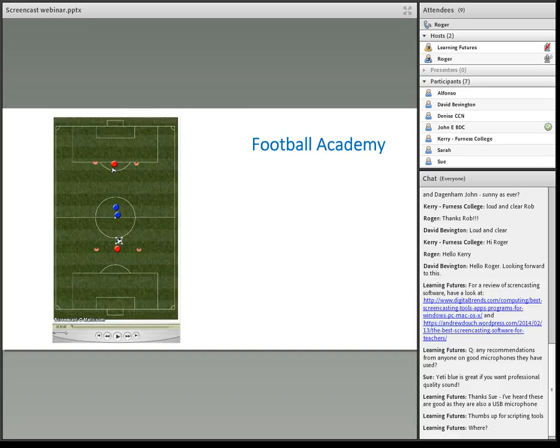A different way to create a screencast, although the way you develop it is exactly the same, will be something that's a bit more interactive. In this case, this is from our football academy, who use videos and interactive screencasting quite a lot. Basically they're setting up their football drills. The students will set their own up, but predominantly it will be the coaching staff who speak to the students about what they're going to deliver, what they're going to do on the training ground, and hopefully what they're going to take tactically into their game on a Wednesday afternoon. Or it may well be what the students as coaches will be looking to do.